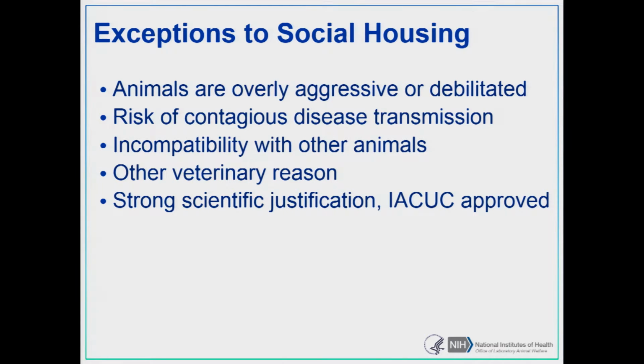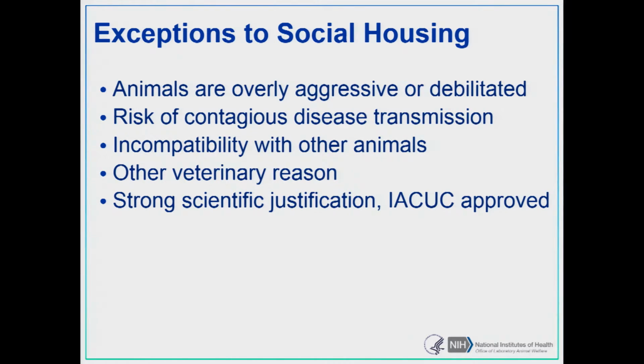Although, as we've heard, there are more options now that people have done the research. They've been able to show that you can have paired animals in quarantine. You can have socially housed animals for lots of different circumstances, as we heard from Kelly today, and that's always going to be the better situation whenever it can be worked out. Again, incompatibility, pretty straightforward. Other veterinary reasons as indicated, and then if it is an experimental need, it should be strongly scientifically justified.